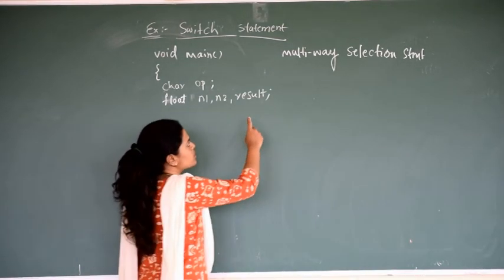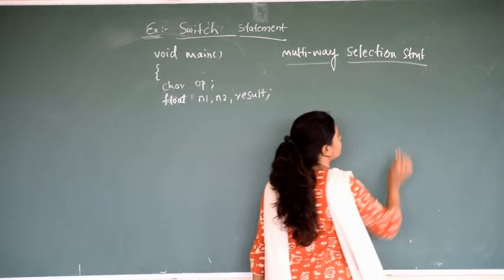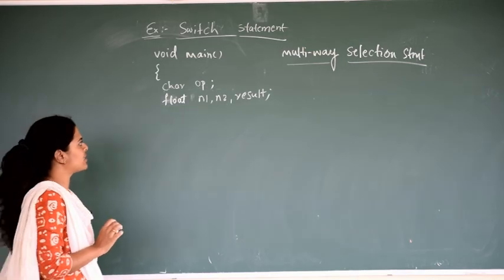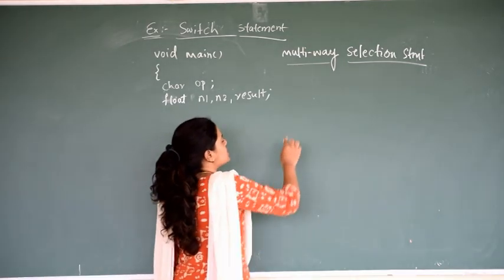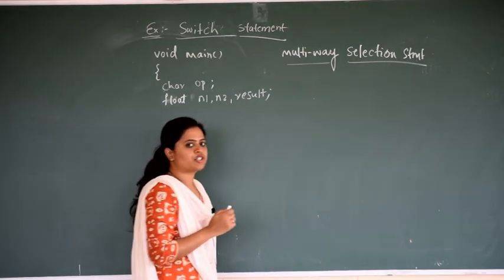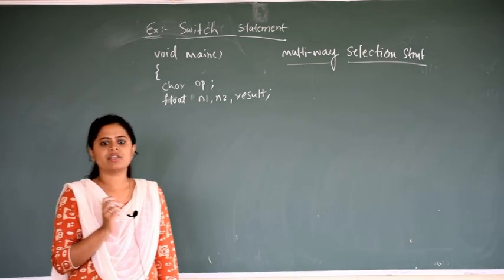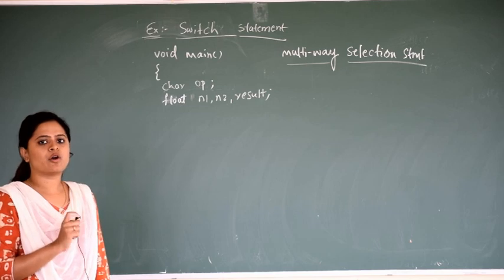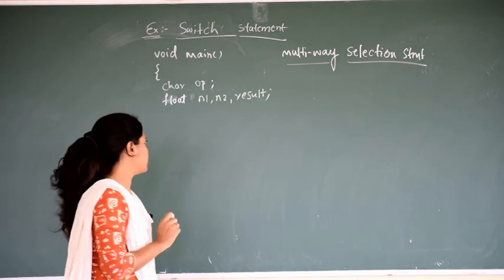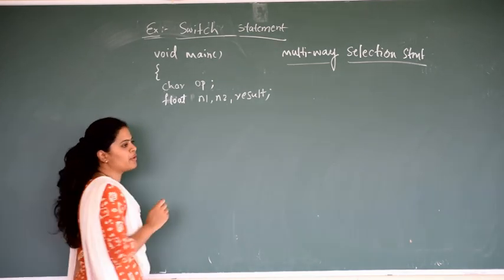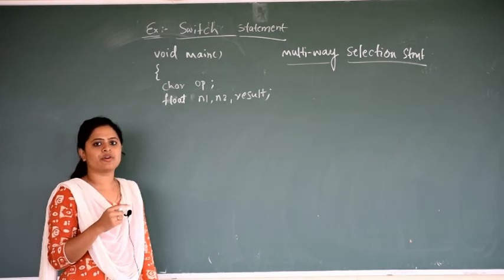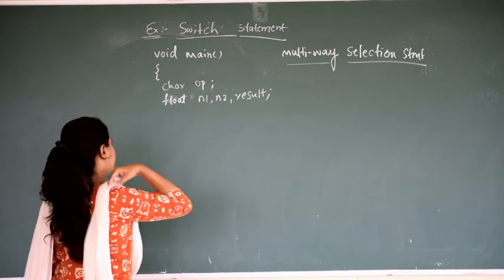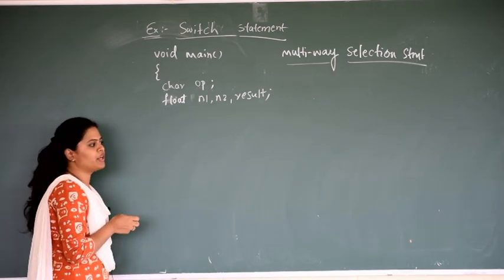So switch is also called a multi-way selection statement in C, just like your else if ladder or cascaded if else statement. Because in switch also there are multiple choices available, whichever choice is matching with the constant we are reading, that particular block of the program will be executed. For example, here I am going to write a program which will work as a calculator using C, and using switch I am going to